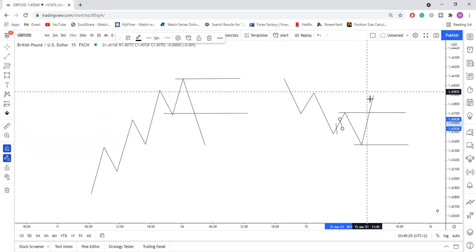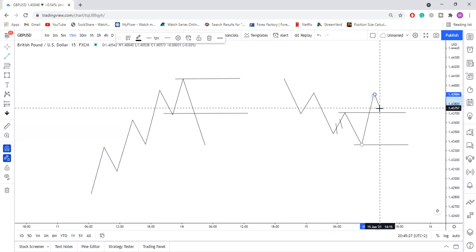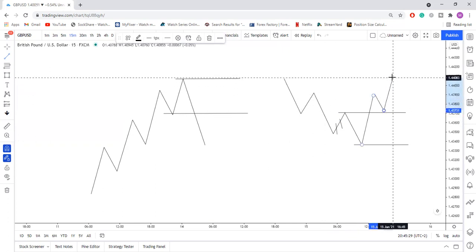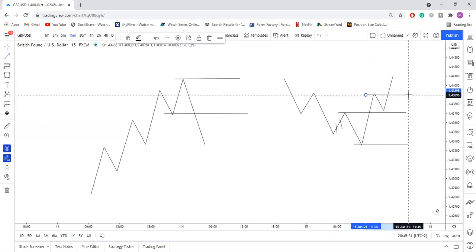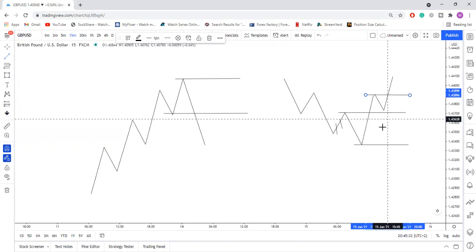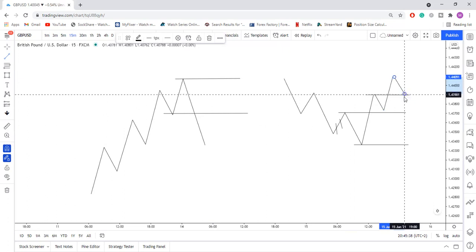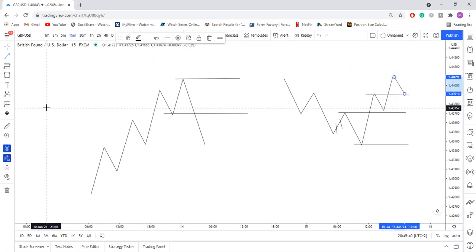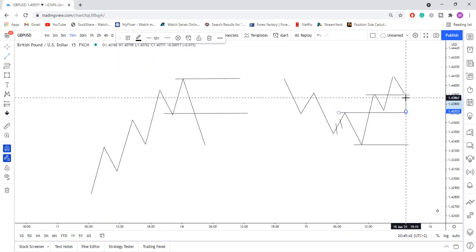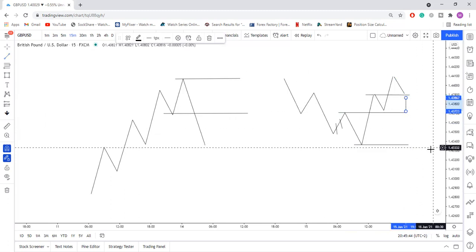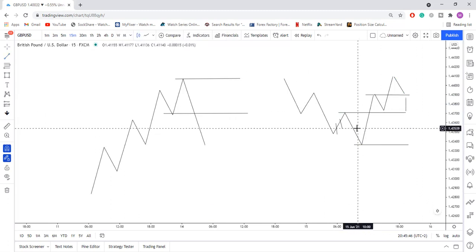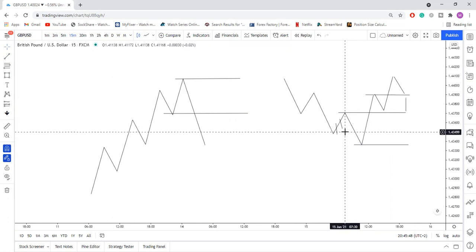What you will then do is, once price actually breaks, you wait for price to pull back and confirm that it has broken this level, to confirm that we are in an uptrend. When this has happened, you wait for a simple pullback, and then you start looking for buys at this level here. Now, it's not going to be as clean as that, but I want you guys to understand this concept